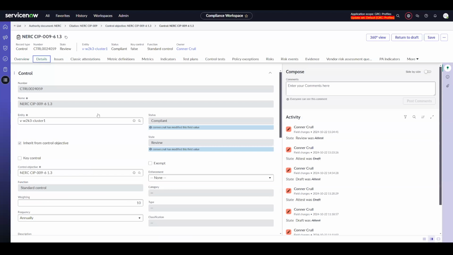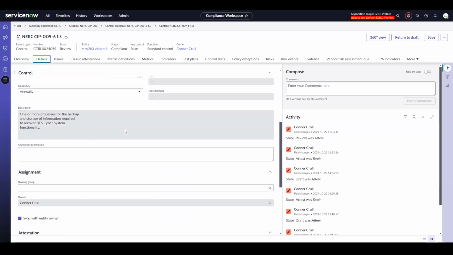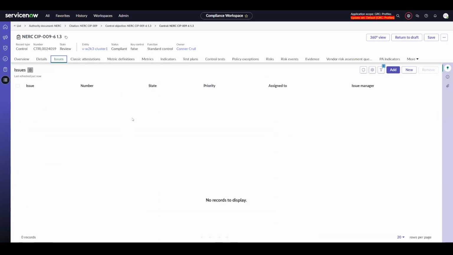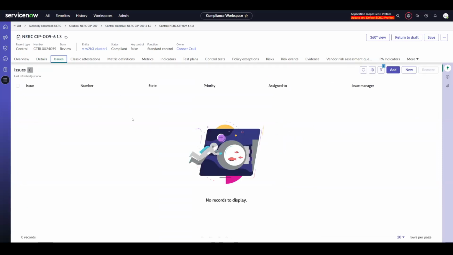So now we have all the details relating to this attestation, and any issues we may have found relating to the attestation. So these can include, our backup was created, but it's 12 months old, so we need a new backup. The next thing is in this compliance workspace, how this can relate to CIP-009 is under the compliance section,